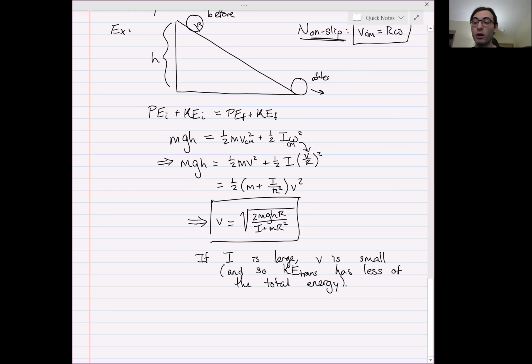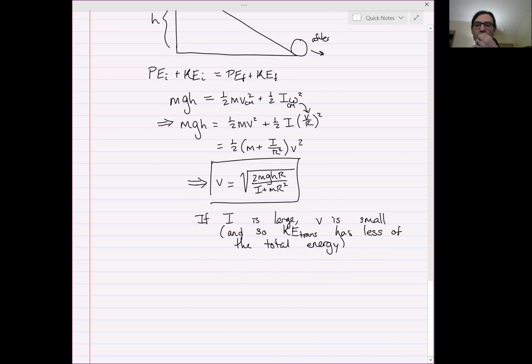Whereas if I was small, then v would be larger, up to a certain point, of course. You can't just keep decreasing I and make v go up forever. When I is 0, v is some finite number. So we can go even further, and we can actually start talking about what this specific moment of inertia is for various shapes. In fact, for a cylinder